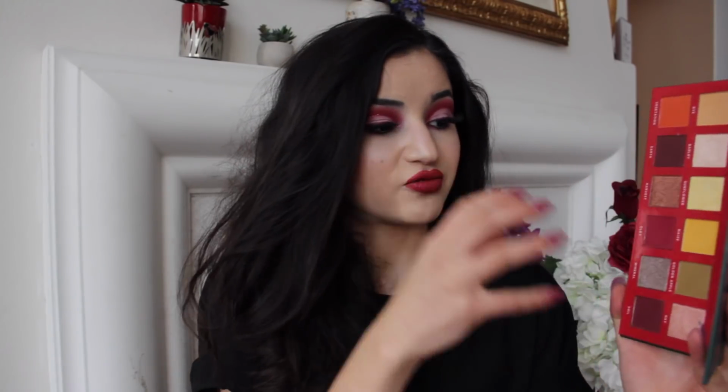But this was one of my favorite palettes of the fall winter season, and probably one of the best palettes I've tried this year. Again, I mentioned the yellows in here in my yellow eyeshadows video, but the reds, so pretty. Play right here is the bright red matte that I'm wearing in the crease, so I blended this one entirely through the crease, and the first few times I tried out this palette, I was really nervous because, again, allergic